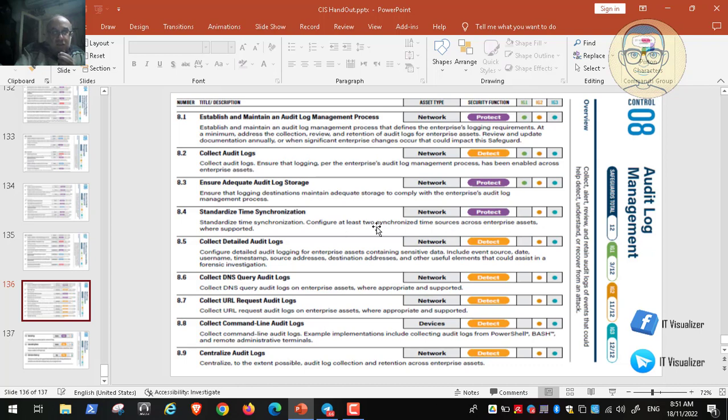At least you need to have 2 synchronized time sources. This also is done through a group policy, something called NTP, or network time servers, or NTP server. You should identify a time server source that your domain controller will sync its time with. For example, you can tell the domain controller to sync its time with Microsoft time servers, or with another external server, or you can identify two resources for time syncing,